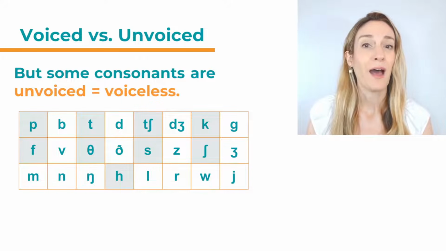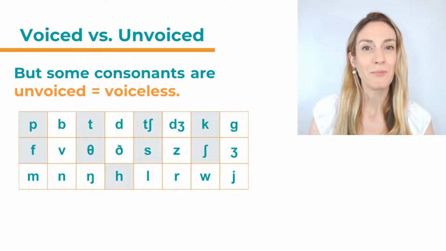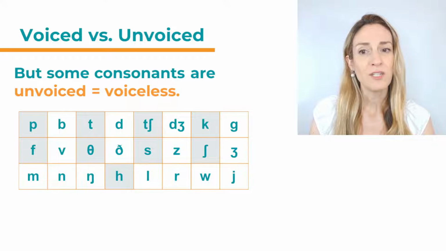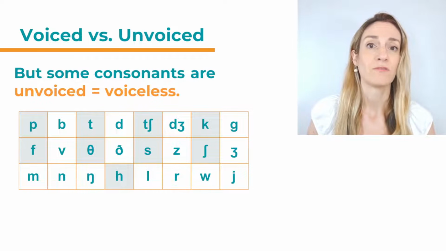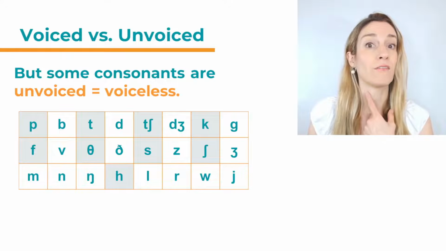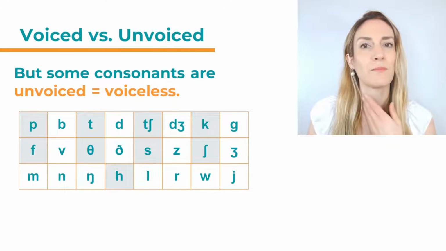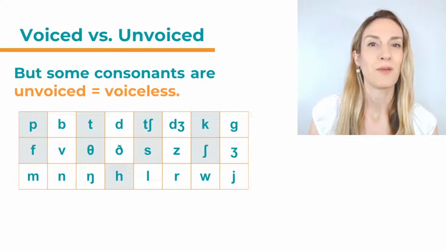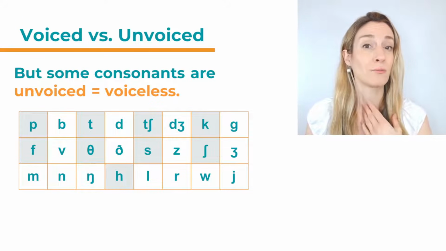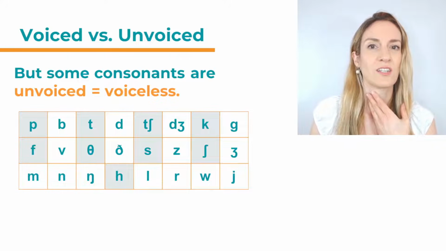Obviously, we also have some unvoiced consonants. All the ones that we've left out, and I put them in gray boxes now, are unvoiced consonants. And either we call them unvoiced or voiceless. That really is the same. You can say unvoiced or voiceless. Both mean the same. It means our vocal cords are not vibrating. So let's just quickly say them. P, t, ch, k. Those are from the first row, and you can notice already there's no vibration. And f, s, sh. And in the last row,